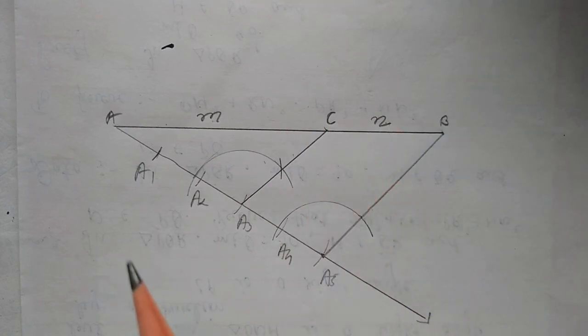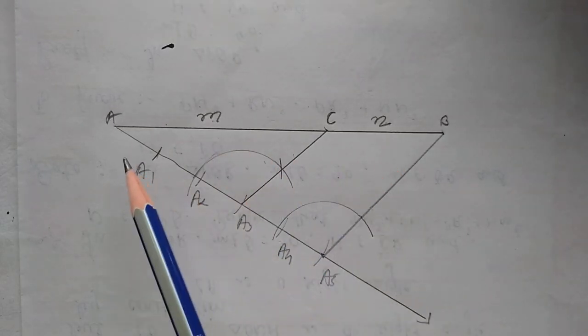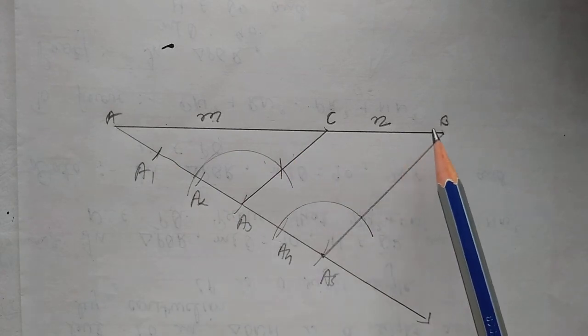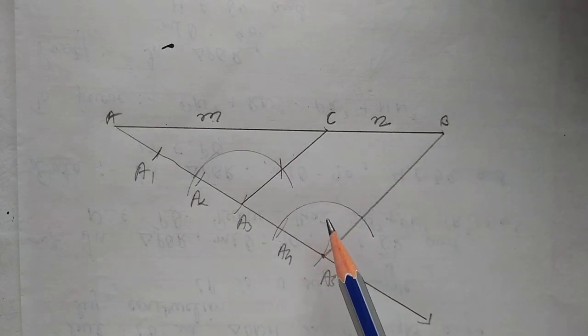Clear? Okay children, here I did not take 3 cm 2 cm because if I take that it would be very small. So here I have taken a big line segment. So by this way children, we have done the first construction. Try yourself, write down the steps from the textbook.